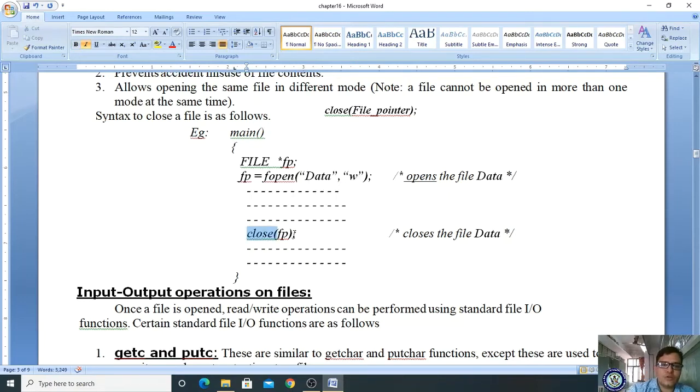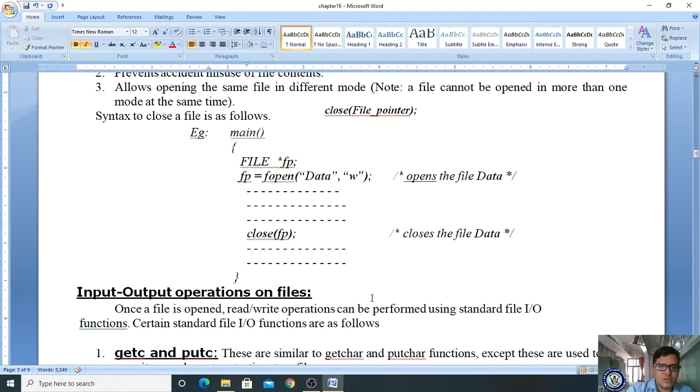After that, you close the file. So this is the general syntax of declaration of a file pointer, opening a file, and closing a file. I hope you understand this concept. We will meet in the next class.